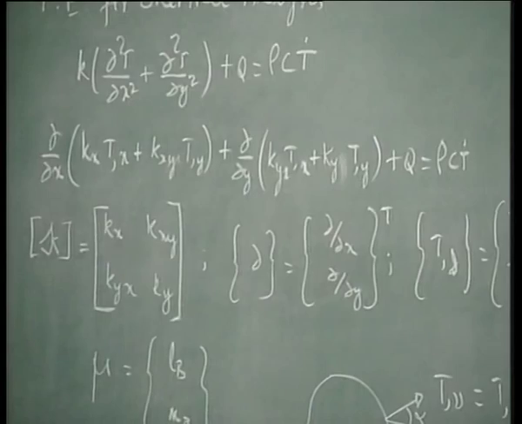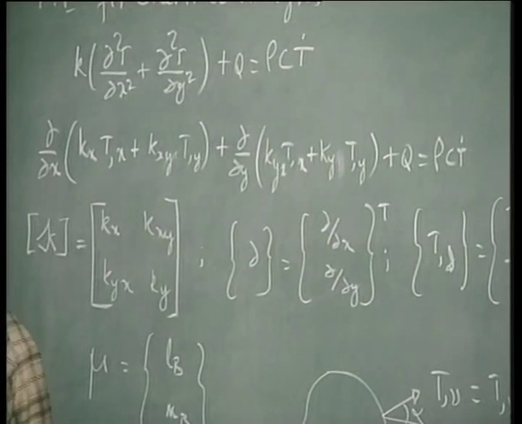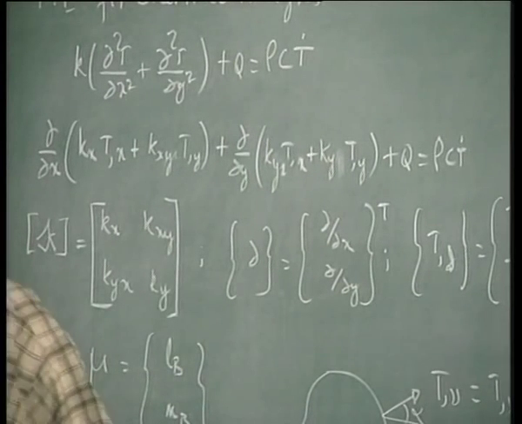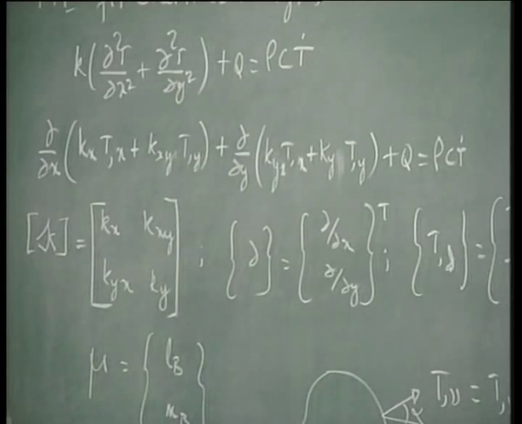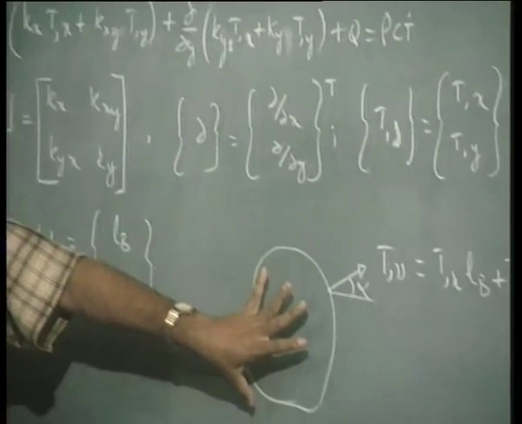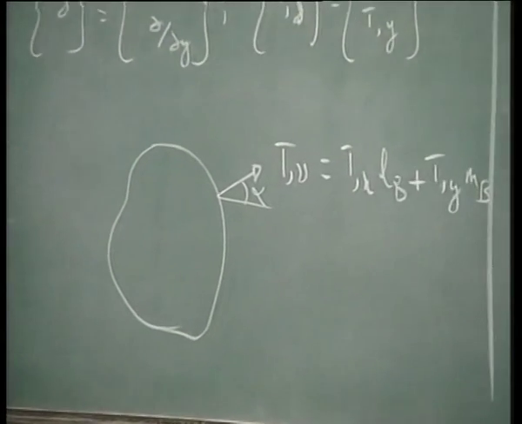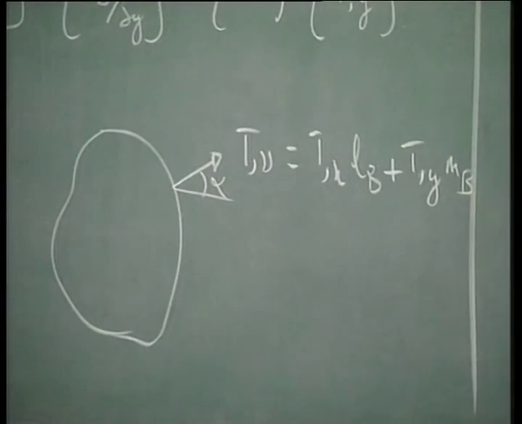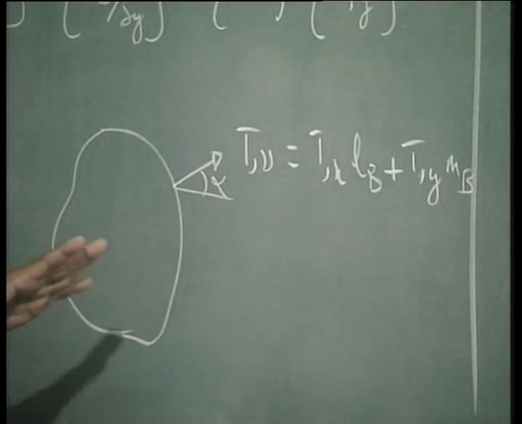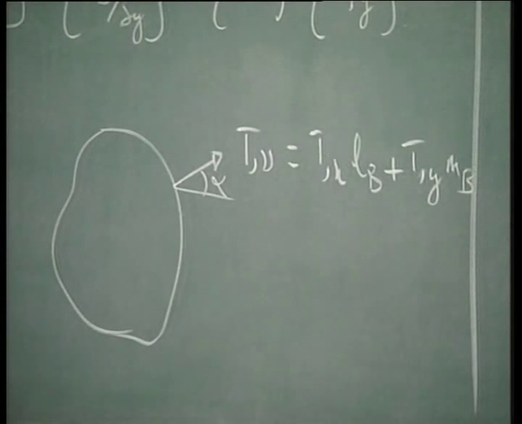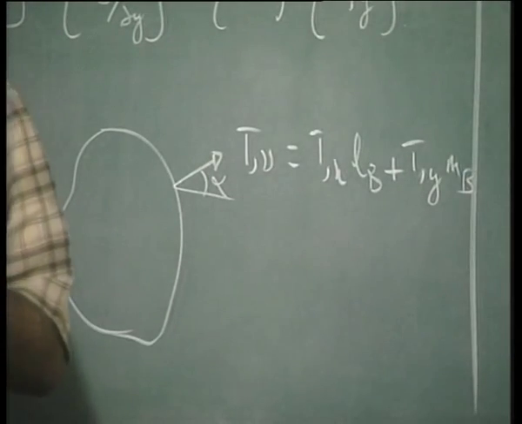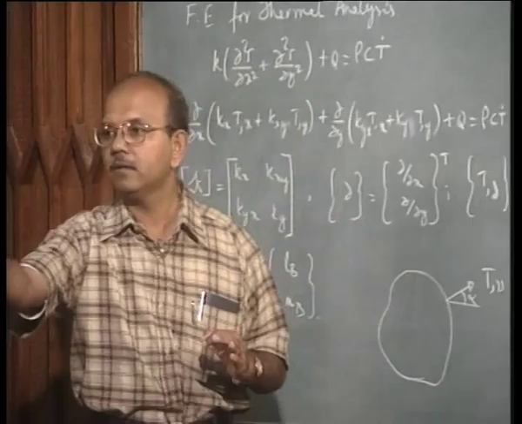Boundary conditions. Now what are the types of boundary conditions that you can have? Let's look at this picture. Let us now restrict ourselves to a plane problem. We will extend the other things later. Let's just look at this as a plane problem just for illustrating the boundary conditions per se. Now what are the types of boundary conditions that can exist in a problem?